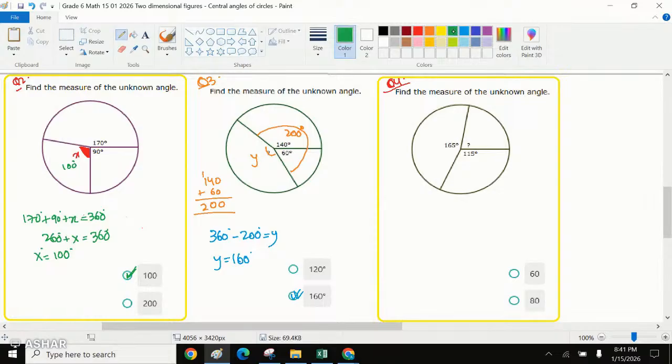See, what we can do is we can add these two angles together. 165 plus 115. 5 plus 5 is 10. We carry 1. 1 plus 6 is 7. 7 plus 1 is 8. 2 comes over here. That means the total angle that is given to us is 280. And we know that the total angle would always be 360, right? So from 360, if we subtract 280, we should be left with,